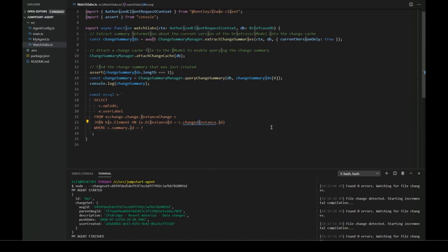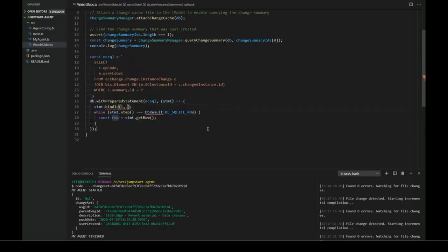And like I said, this is case insensitive, but I'm going to fix that so the spell checker doesn't yell at me. Now we need to actually run this query, so we can do that synchronously with prepared statement. And we need to bind our change summary ID into that parameter there. So we'll do change summary ID, and need to add an import there. And then one thing I like to do, instead of assigning this to a variable row, is I like to destructure this result. So we'll do opcode and user label